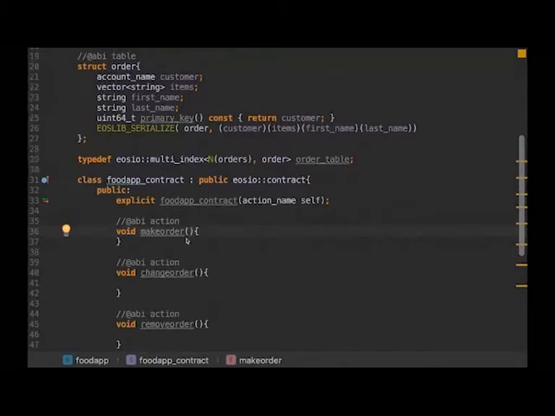So these are the actions that you would actually call when you're using the software, probably using HKEOS if you're doing it straight on chain. So for example, void make order. I want the make order action to be an action where the user can actually put down what kind of items they want in their order. So in order for that to work, I would need, let's see, const vector string and items, const string and first name. So they're going to insert their first name in there,